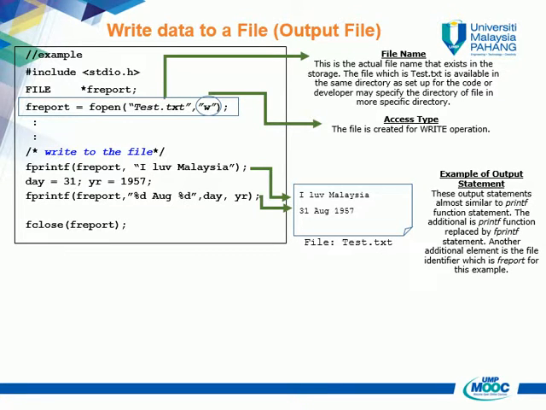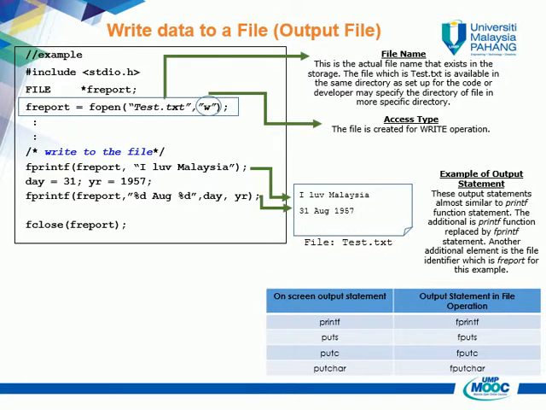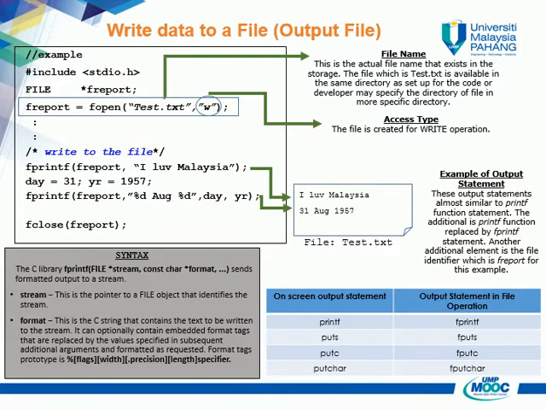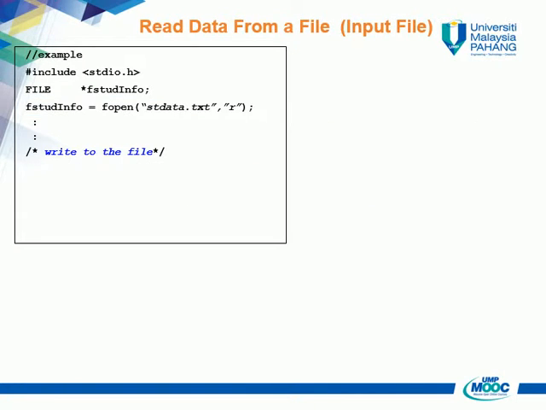These output statements are almost similar to the printf function statement. The difference is that the printf function is replaced by the fprintf statement. Another additional element is the file identifier, which is freport for this example. This table shows the comparison of output statements on screen and output statements on the file operation. From the example, the syntax for output statement fprintf is: